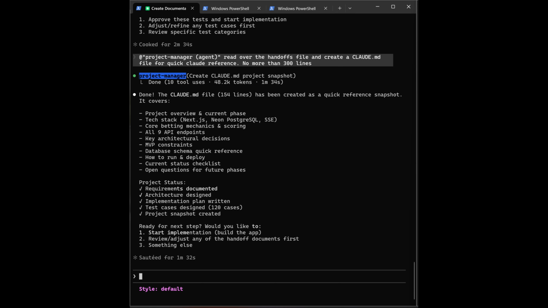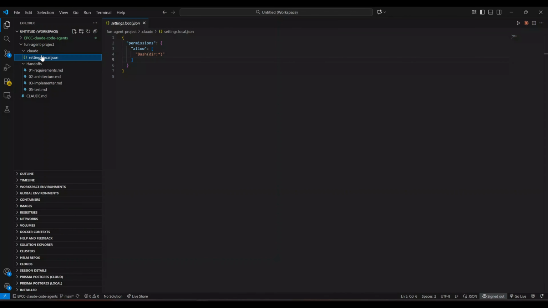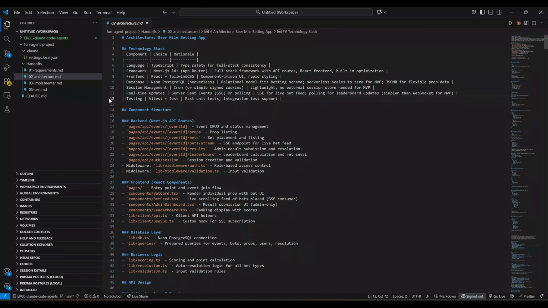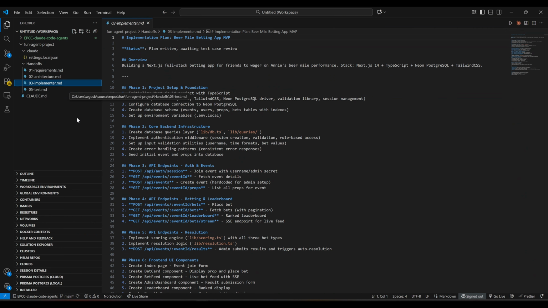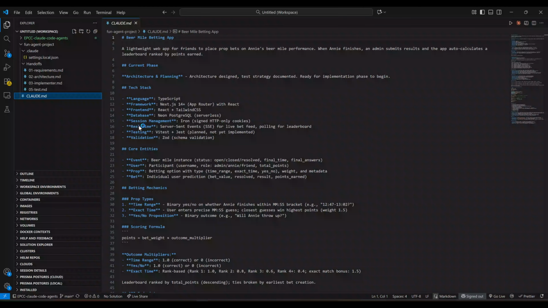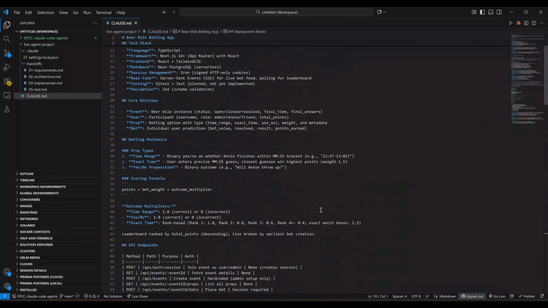And from here, we'll pop back over to Visual Studio and take one more look at all of the folders that we created. So we've got our settings.local.json, our requirements doc, our architecture doc, our implementer test, and our Claude.md. And just to clarify, when I created these agents, I said, this is what I want the format of the file you create to be. These are the questions it needs to answer, so it knows when to stop asking me questions and to fill